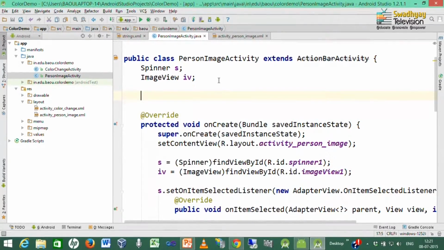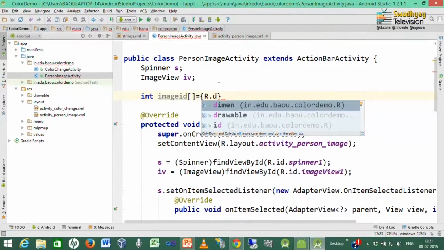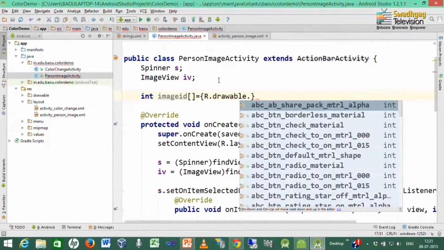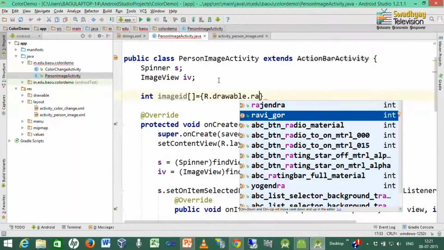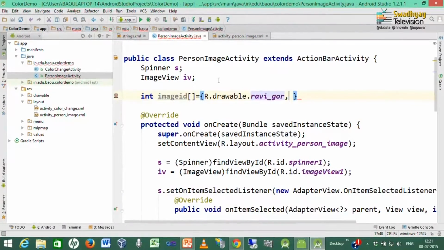So, here I declare one integer array with image IDs, and the values for these should be R.drawable. Now, the first name is Ravi Gaur. So, I select Ravi Gaur.